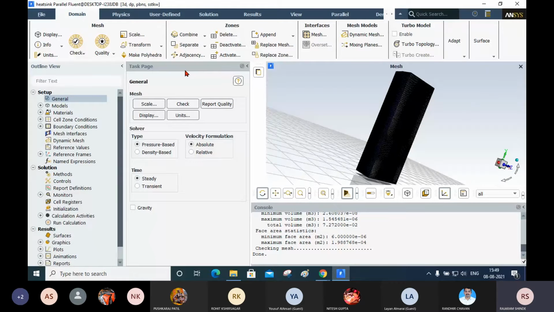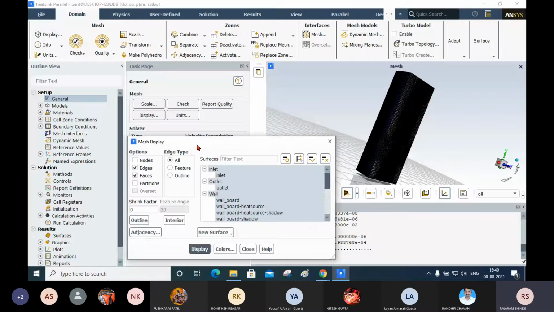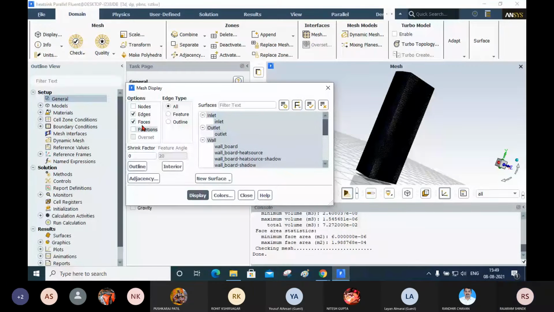Here you have Domain display. In display what I will do is set only edges, and I will set here features. Now you see what are these things.